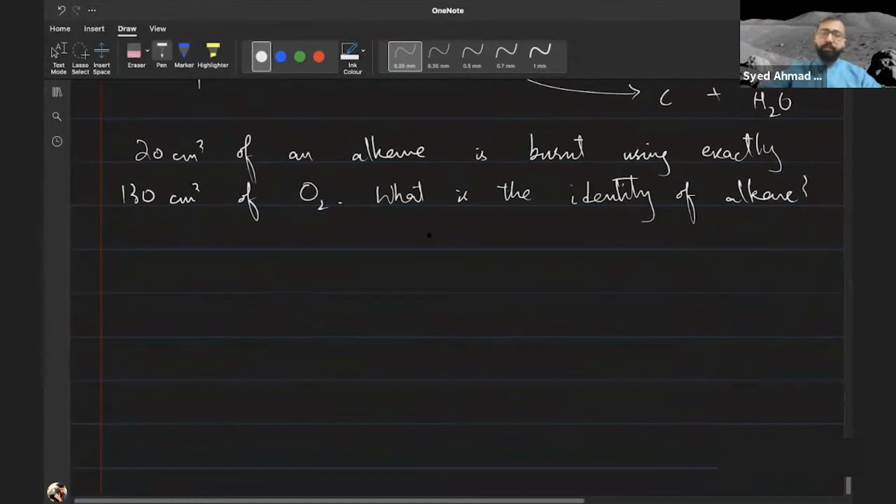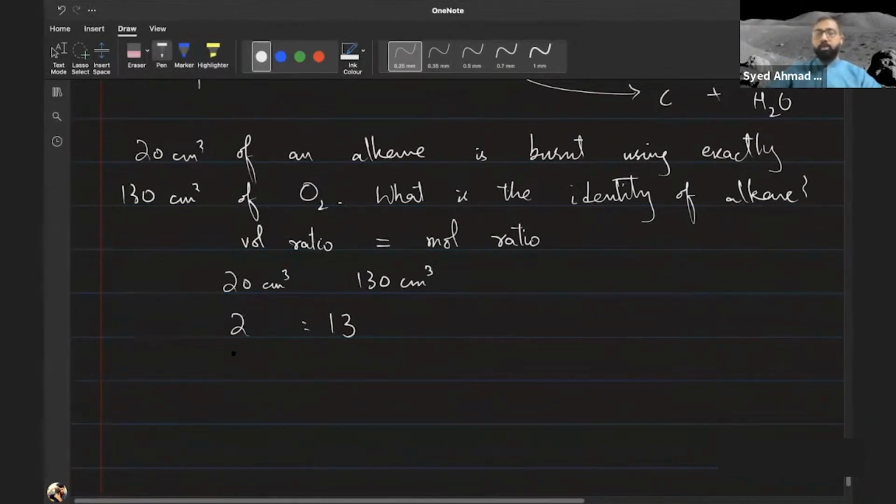First step you need to know is that this is 20 cm cube and 130 cm cube of oxygen. The first 4 alkanes that you need to know about, और उन्हीं के ऊपर क्वेश्चन आता है, they are all gases. So volume ratio is same as mole ratio. फॉर गैसेस वॉल्यूम रेशियो इज सेम एज मोल रेशियो। इसका मतलब है अगर यहाँ पर 20 cm क्यूब और 130 cm क्यूब यूज हो रहा है ना, तो इसका मतलब है कि आपके पास मोल रेशियो क्या है, 2 to 13। 2 moles of this hydrocarbon, this alkane requires 13 moles of oxygen।